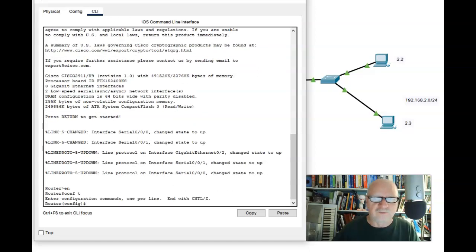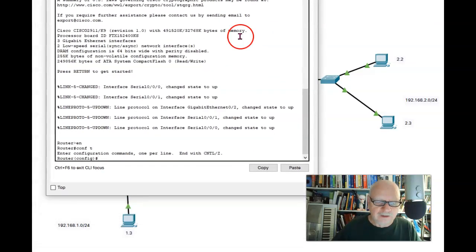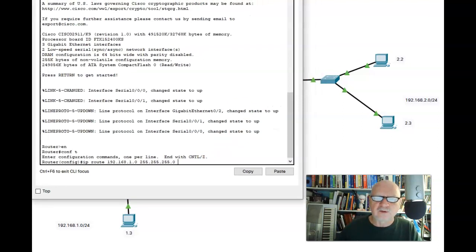We'll get into configure terminal. And now I'm going to set the static route, ip route 192.168.1.0, and that's a /24 down here, 255.255.255.0. Now this time I'm going to switch it up.